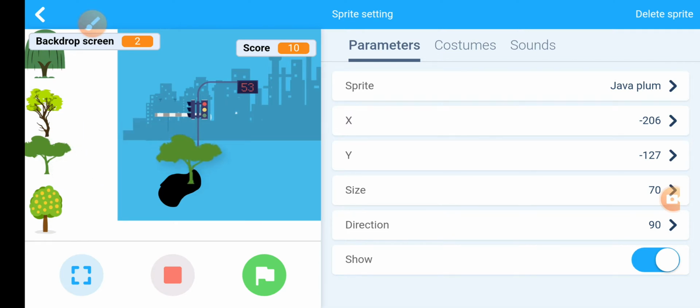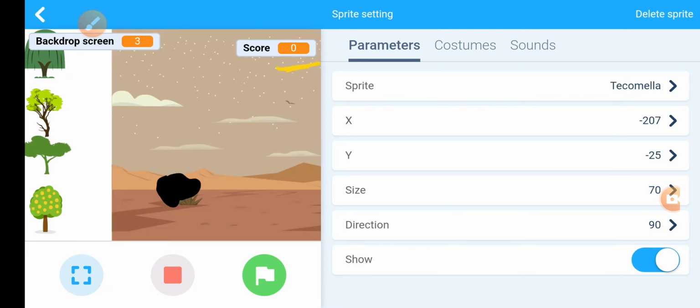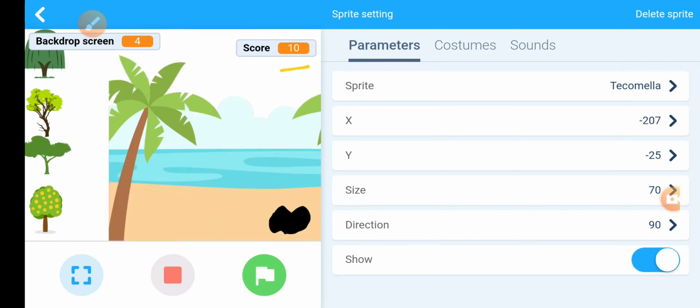You have to notice that my score will decrease by -10, reduced to 0. Then this is the soil erosion landscape. For this soil erosion landscape, the right option is tecamola tree, and the score will increase by +10.